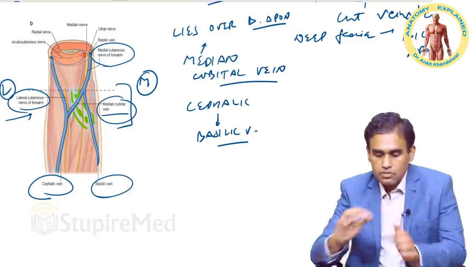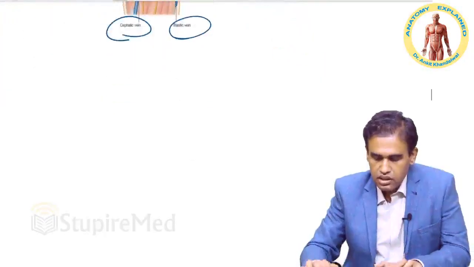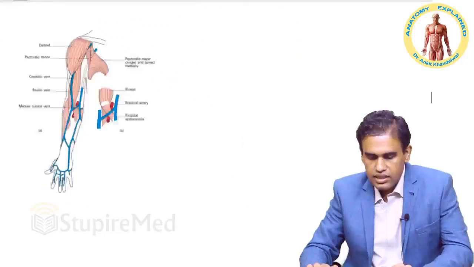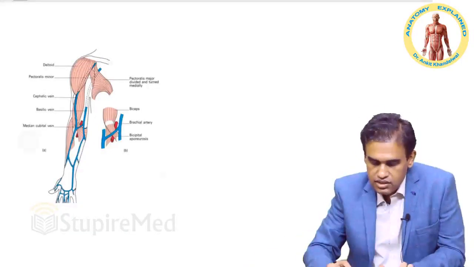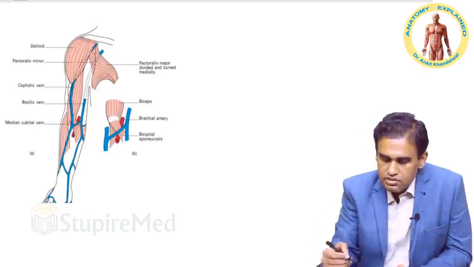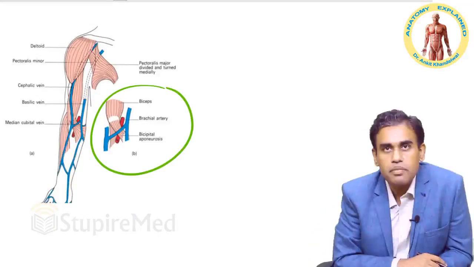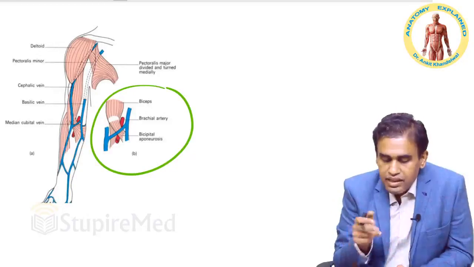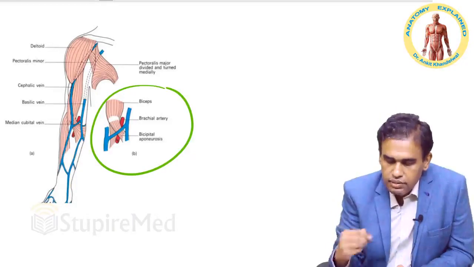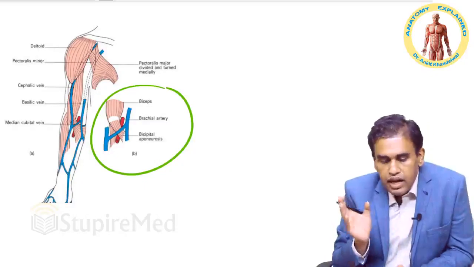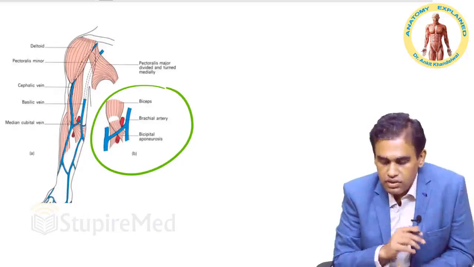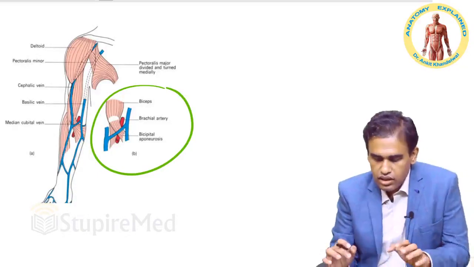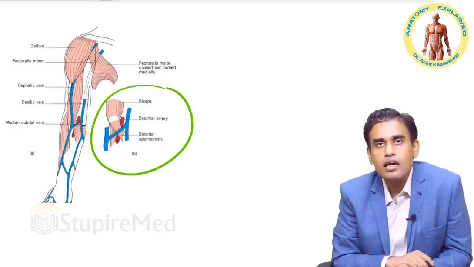Roof, forming the roof. Now, if you move away from the roof of cubital fossa, then what other relations are there for the cubital fossa? You can see them with this diagram, very important. Concentrate over here, and you will appreciate that this median cubital vein is sitting over the bicipital aponeurosis. And behind this bicipital aponeurosis, you have the artery running down. Which is this artery? This artery is the continuation of brachial, then your ulnar artery.